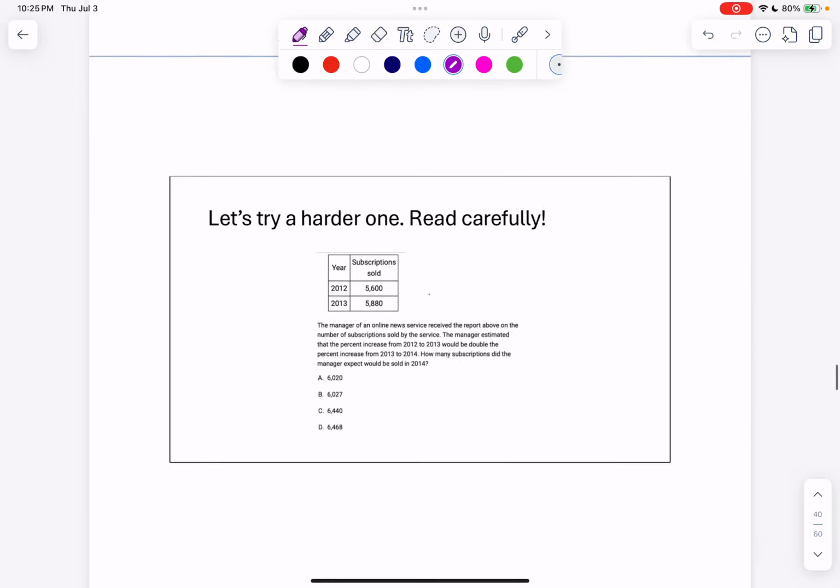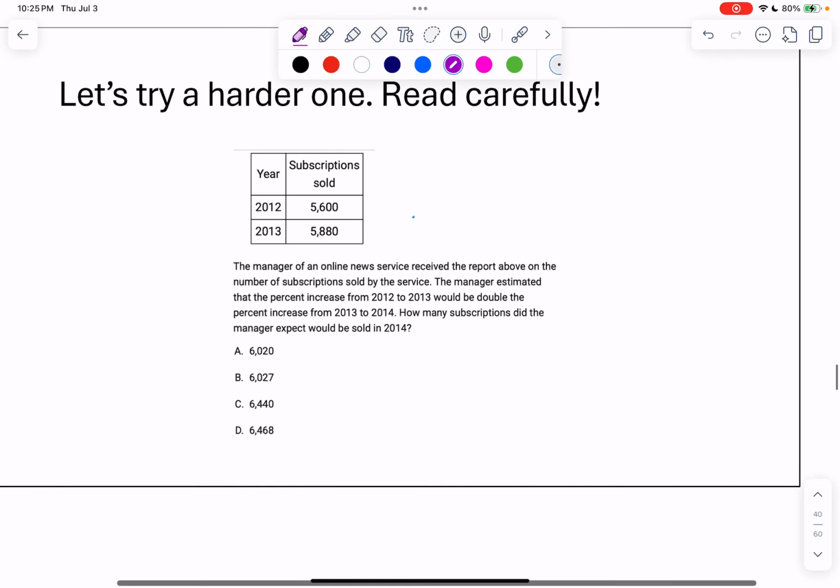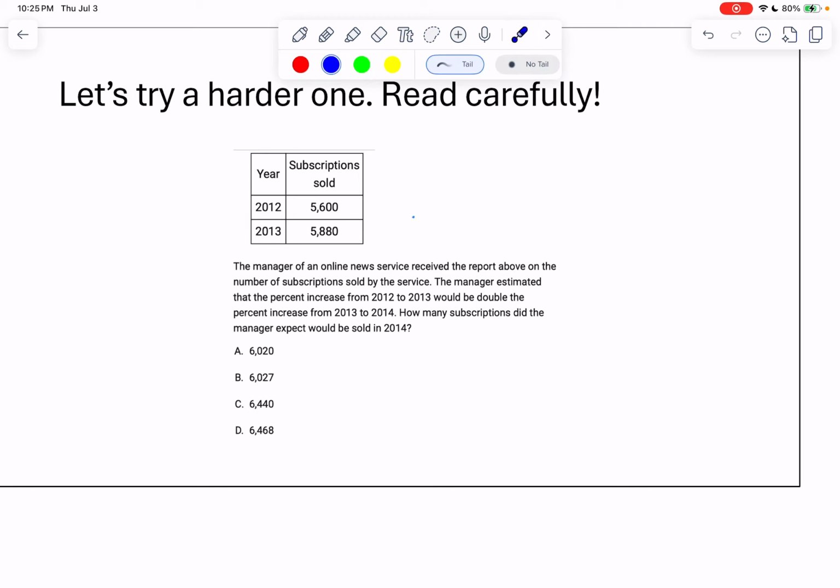So let's try a really tricky one. This one's really tricky because of the wording, so follow along with me. In our little chart, we have different years here. We have 2012, we have 2013, we have our different subscriptions sold, we have how many in each of the years. So the manager of an online news service received the report above on the number of subscriptions sold by the service. The manager estimated that the percent increase